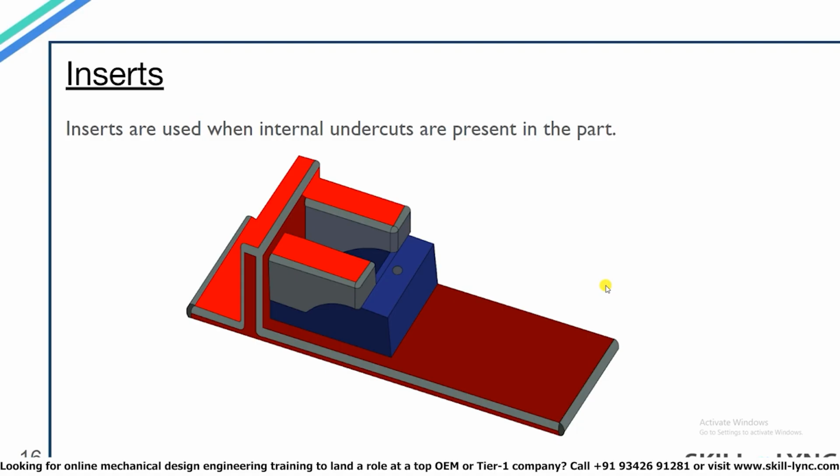The insert is placed at the core side of the mold. When the mold closes, the insert is present between the core and the cavity, and the molten material is injected. Once the material solidifies, ejection pins eject both the part and the insert. You can see a small hole on top of the insert over here. The hole is provided for separating the insert from the part using a screw, and thus the desired part is